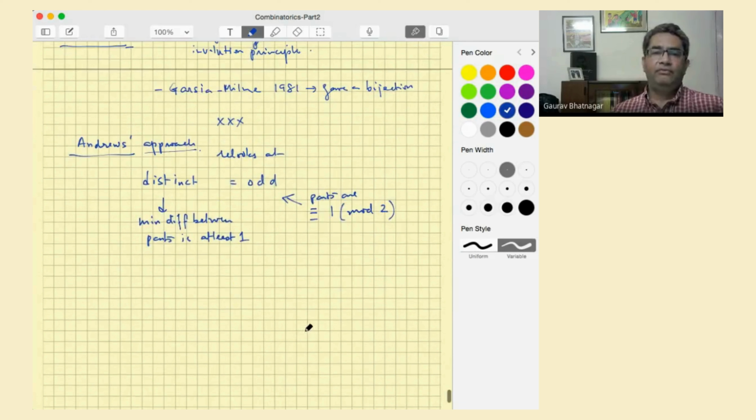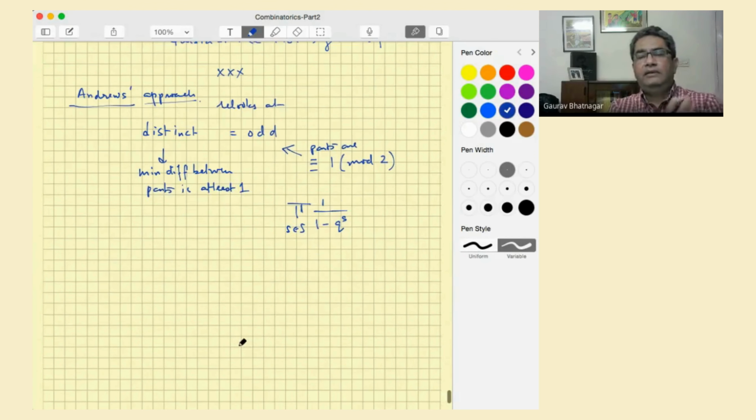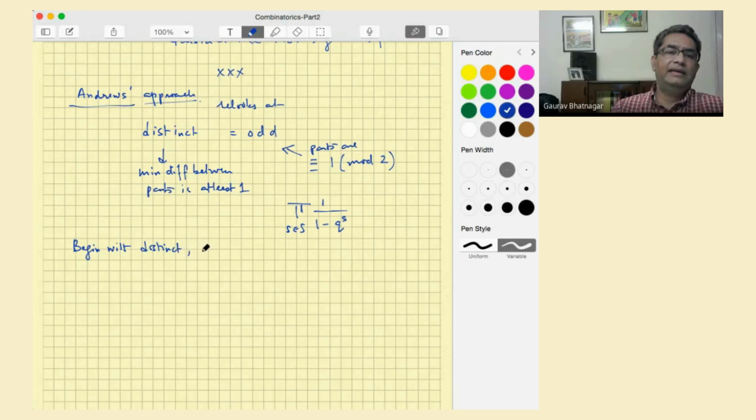And what he's looking for is that on this side, the generating function is something of this form, right? In both. So he's saying that let's see if we begin with something here. So begin with some type with distinct, and can we discover